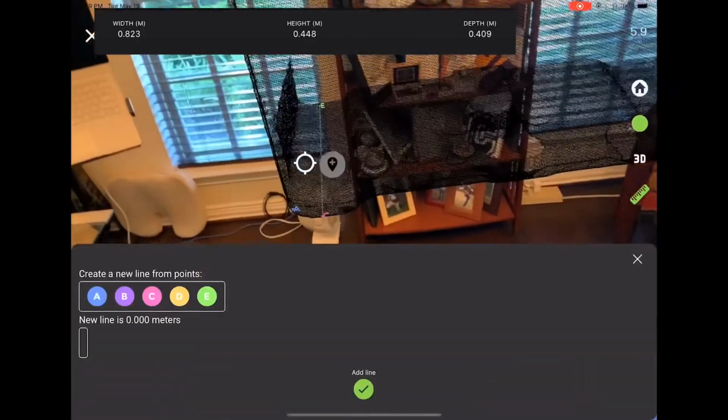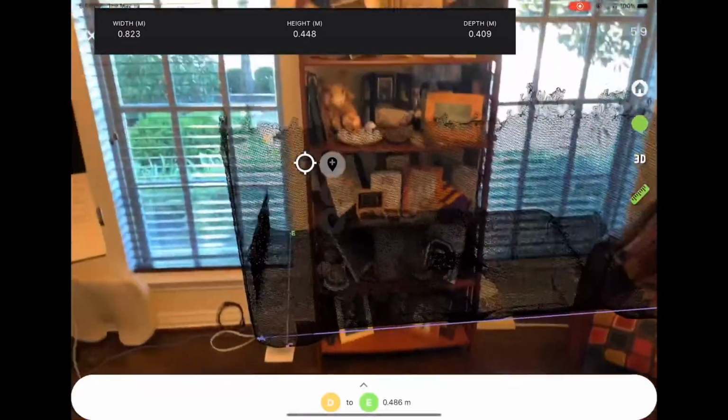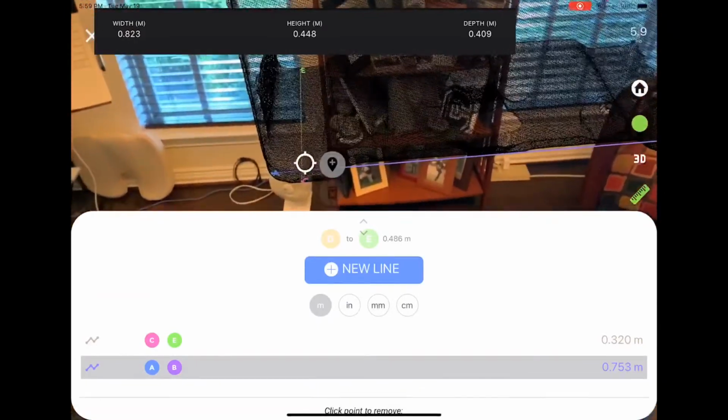It was a heck of a lot easier than doing the manual measurements. If you're just looking for a loose calculation,